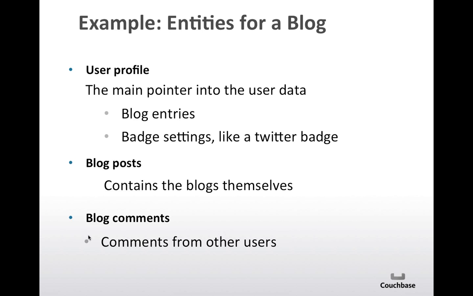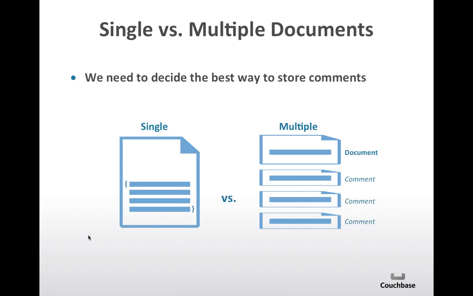Let's take an example with the blog post that I mentioned before. So you will have user profile, but let's focus on the blog post and the blog comment. The blog post contains the title, the content of the blog post, and the comments will be the list of comments associated to this post that has been entered by other users. And for this, you have two basic approaches, where you use a single document when you have the blog post itself, then a list of comments in one single document.